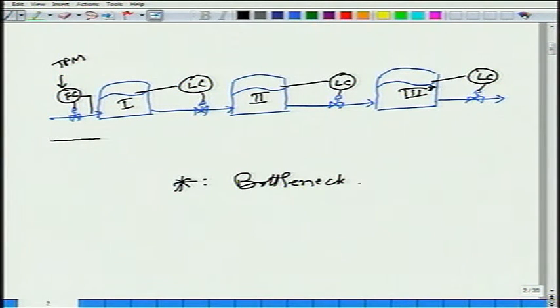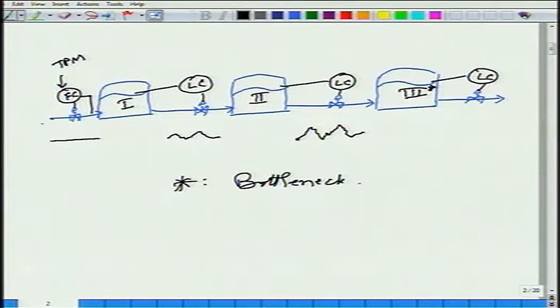Okay, and those disturbances could be of various types, I don't want to go into that. So you expect some variability in the flow out from unit 1. Yes or no? Okay. Similarly, there are disturbances that are entering unit 2, which add on to the feed variability to unit 2, and therefore you expect most likely the variability in the outflow from unit 2 would be more than here, right.